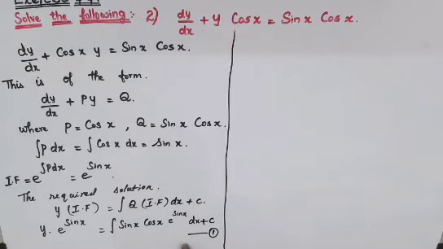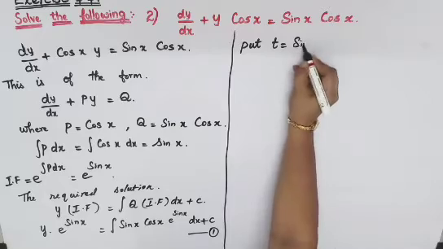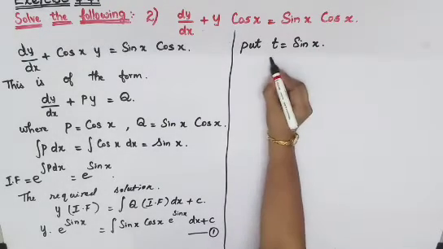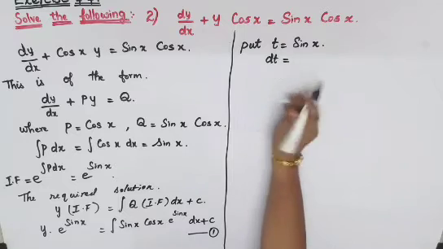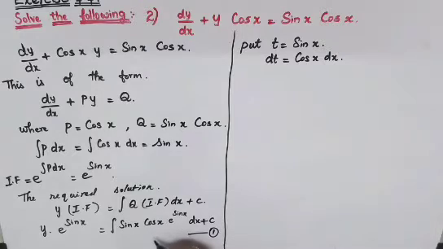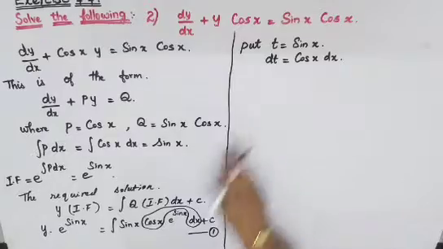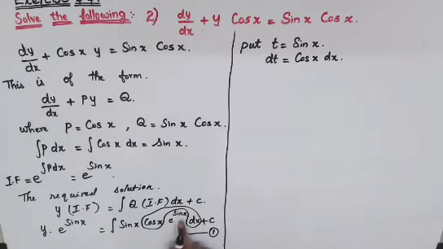To solve the integration, we'll go to the substitution method. e power sin x is there, so sin x I replace as t. So put t is equal to sin x. So dt we'll have to find. The differential of sin x will become cos x into dx. Now you have cos x and dx, so these two combined become dt. Instead of sin x, you can put t. Again e power sin x, so e power t you can replace.